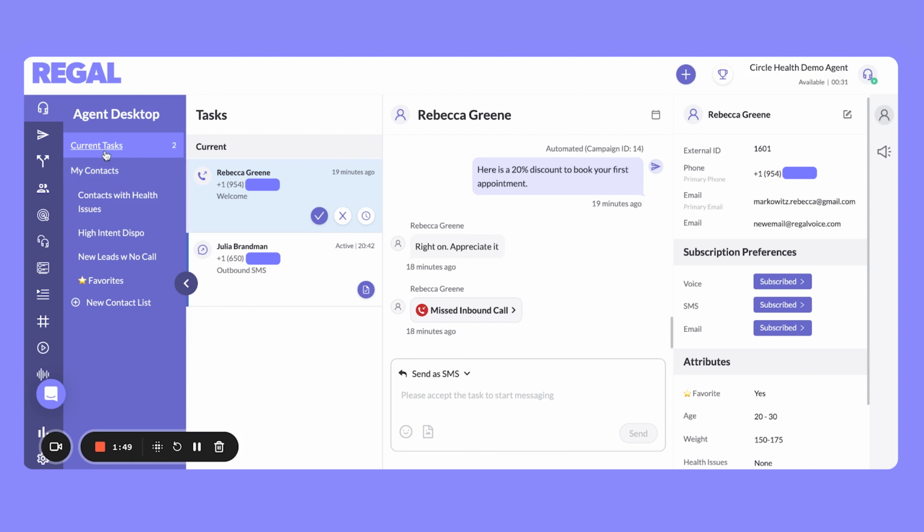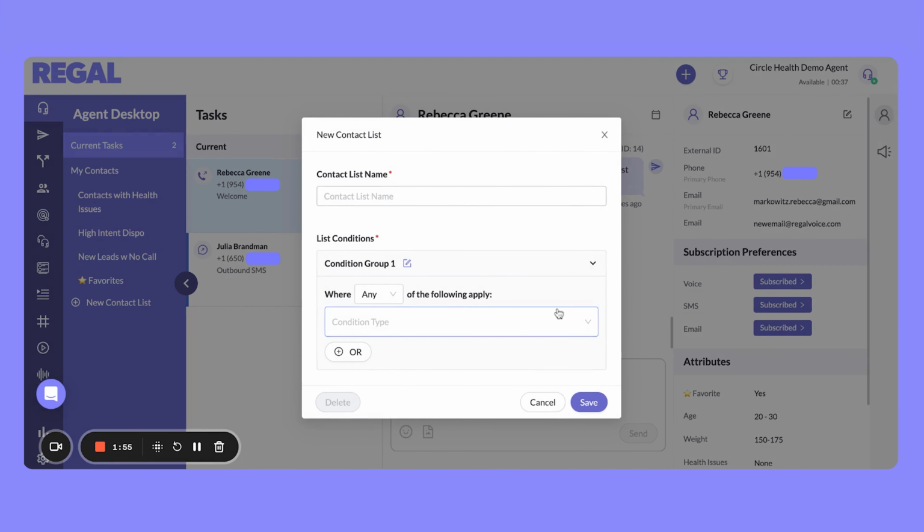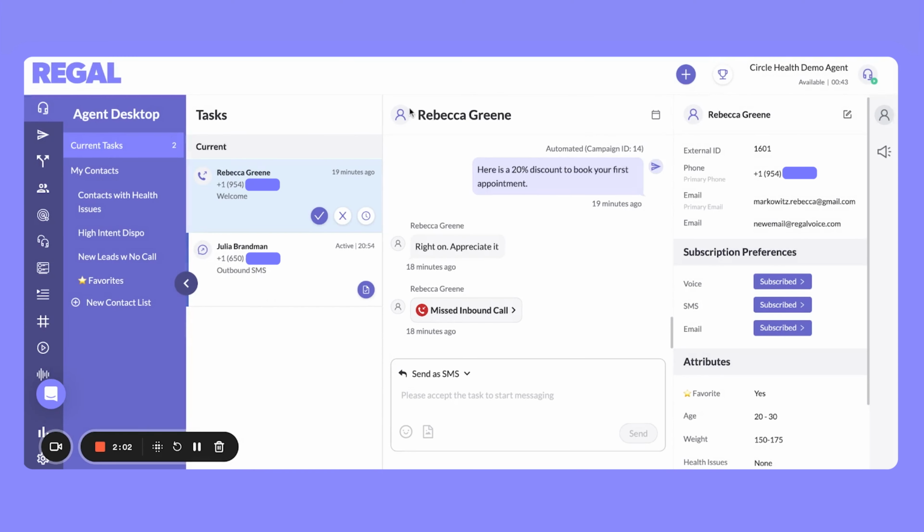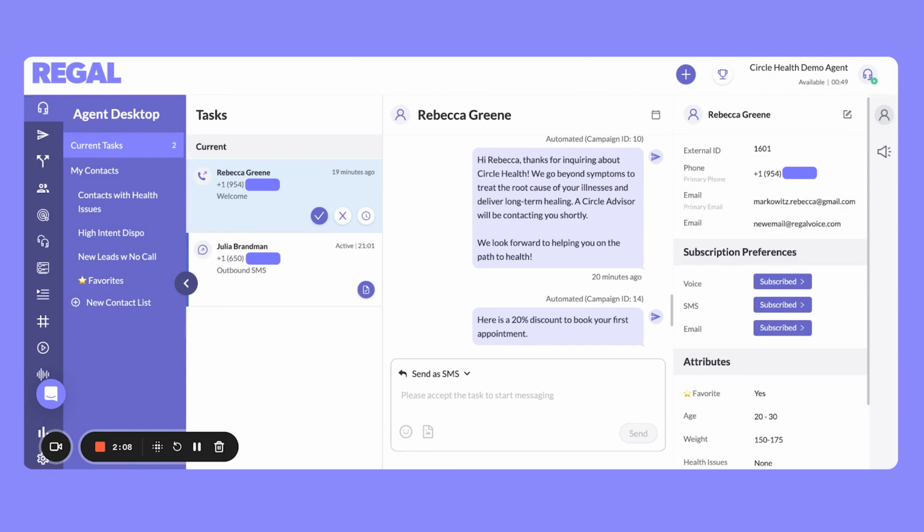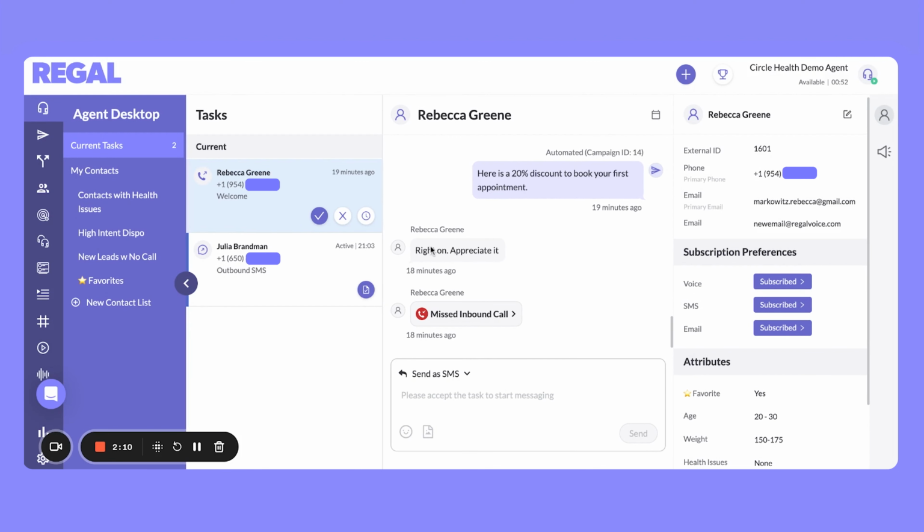In addition to my task list, I also can see a list of my contacts, and I can create any custom contact list I want based on any conditions. That way I can always stay in touch with the contacts that I need. In the middle, you can see the conversation history of the contact that I'm clicked onto. You can see the text that just went out, if the customer already responded, here's an inbound call that I missed, and soon I'll show you how I can either send an SMS or